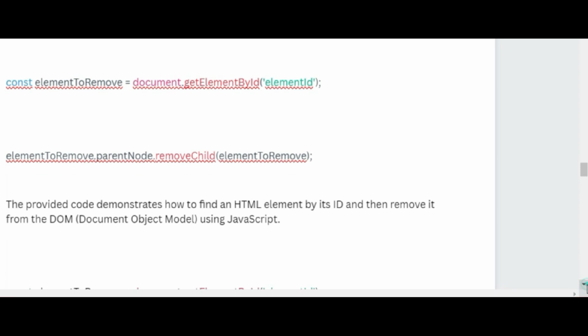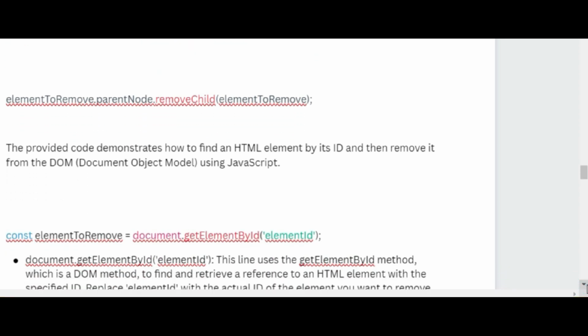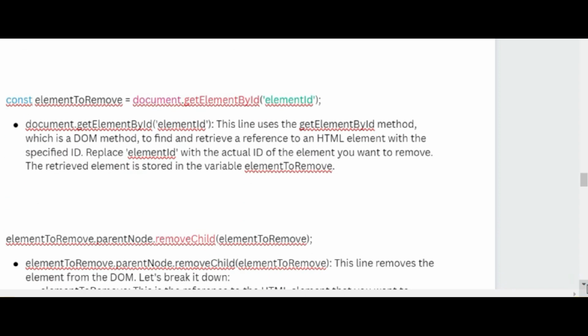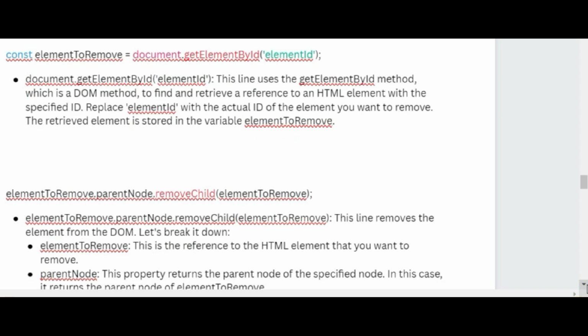Right, the provided code demonstrates how to find an HTML element by its ID and then remove it from the document object model using JavaScript. So: const elementToRemove = document.getElementById('elementId');